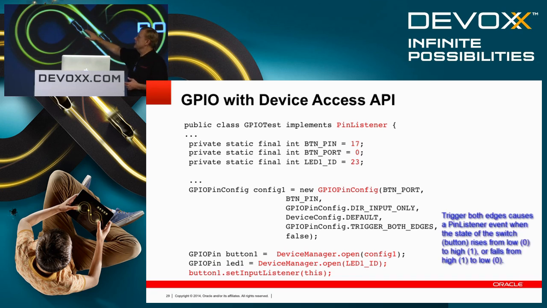The next one is trigger both edges. That means trigger an input when I close the circuit and when I open the circuit. And then the default state of that pin is going to be false. So now we're set up for using our switch. Then the next line is button: we're going to use the device manager's static open method and pass in this config,